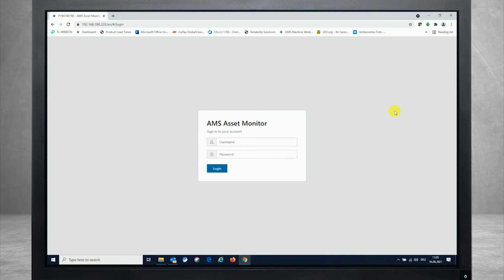So with that, the first thing for showing everything and going into the box is to log into your Asset Monitor after starting your browser and just entering the IP address with your credentials, and that's Matthias for me and my password